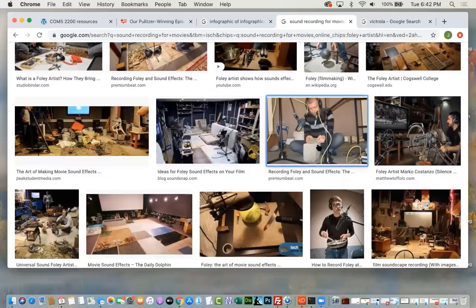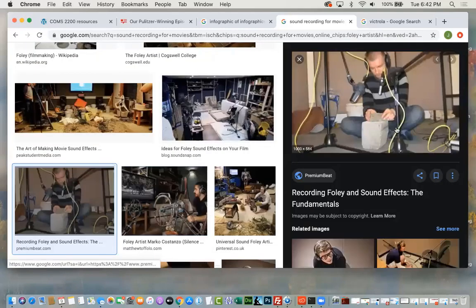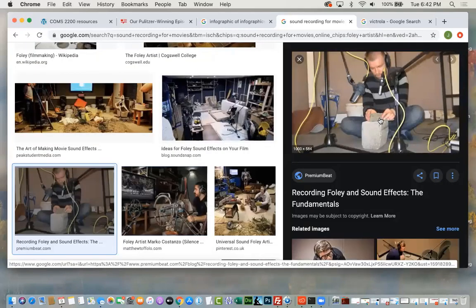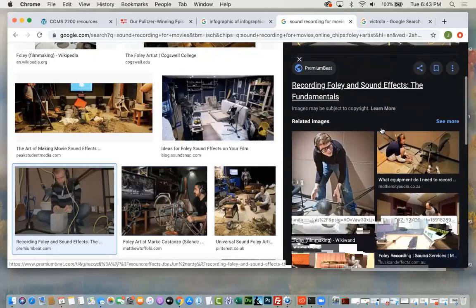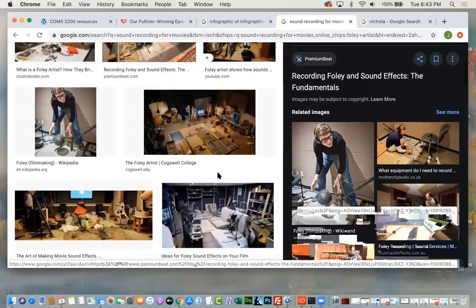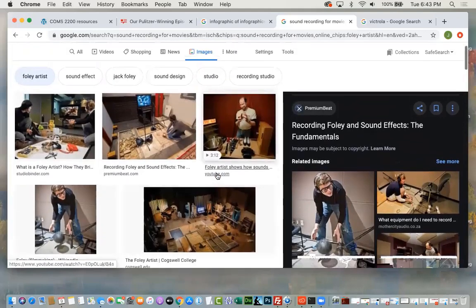So if you need a sound effect of thunder, or it looks like this one looks like somebody gets hit with a brick or something, or they're doing something with concrete. You see all the microphones they've got here, right? They're actually making a sound effect to add to a podcast or a movie or whatever. And you'd be surprised at how sound effects get created.